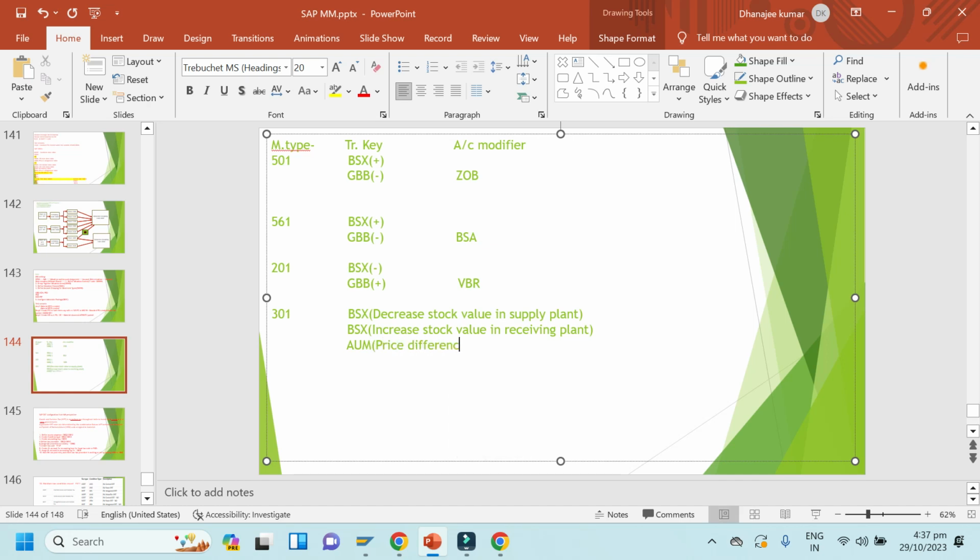So this is in short, I think this is the account determination topic from my side. Next heading is split valuation.